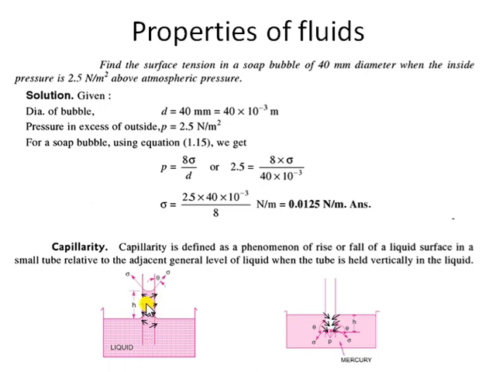If the weight of the water in the glass tube is very high, further rise of the water will be stopped. So due to adhesive forces, the liquid molecules will try to stick to the glass surface, therefore the liquid will rise in the glass tube. That is the reason for capillarity rise: the adhesive forces are more dominating as compared to cohesive forces.